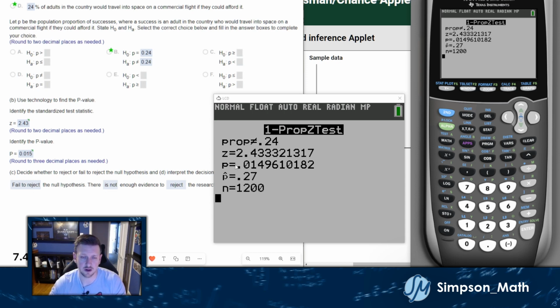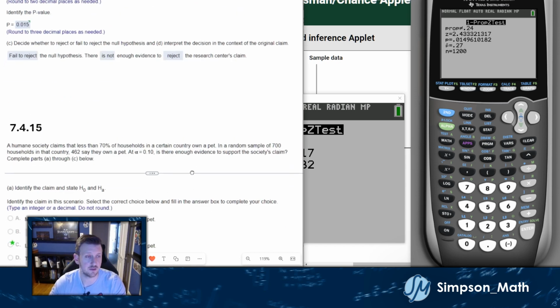So here's our p value. Notice the 3 decimal places, it is this number. And then p hat is 0.27, which we had already calculated, which was actually given to us anyway. So they're kind of giving you back your givens back, so just kind of letting you see that p hat. All right, now let me do